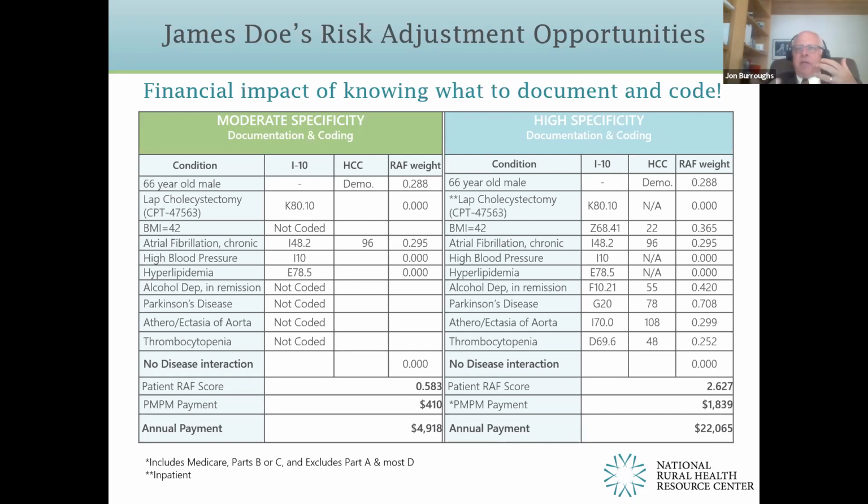But what you're doing is you're offering a higher level of service because you're not only treating the primary problem, you're treating the underlying problems that inform the primary problem. The reason why this person got gallbladder disease in the first place was in large part because of all these other comorbidities. So all these comorbidities cause the gallbladder problem, and they're going to cause a lot more problems. So this is better business, and most importantly, it's better healthcare. It's much better healthcare to your patients, which is vitally important.